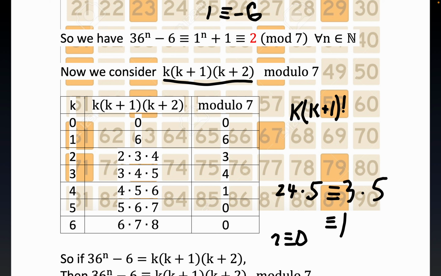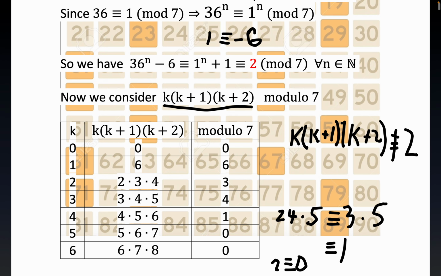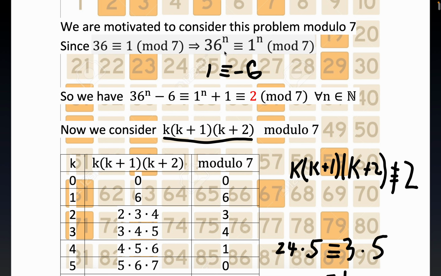Technically I could say done right now, because k times k plus 1 times k plus 2 is never congruent to 2. Let me put the negated relation here, not congruent, just like not equals, okay? So you see, that means that can't happen. We're done. I could say QED right now,